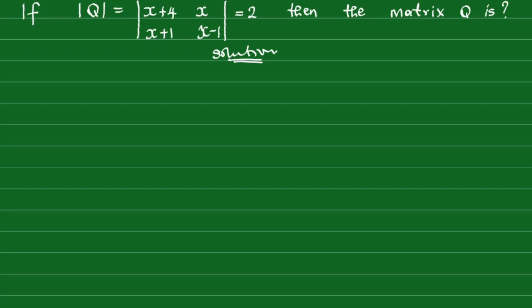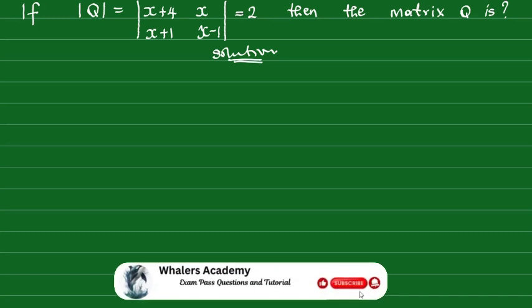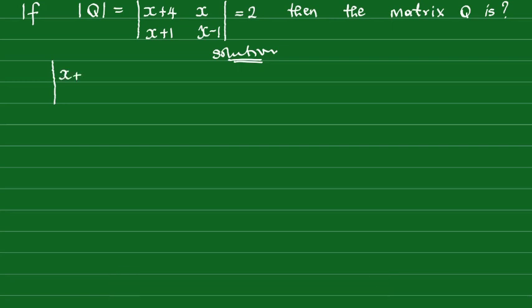Next, we know that in solving this, we are going to apply the determinant principle to find the value of x. Then we'll substitute that value of x into our matrix in order for us to get the required matrix Q. Now we proceed by copying out what we've been given. We'll have the determinant of the matrix x plus 4,